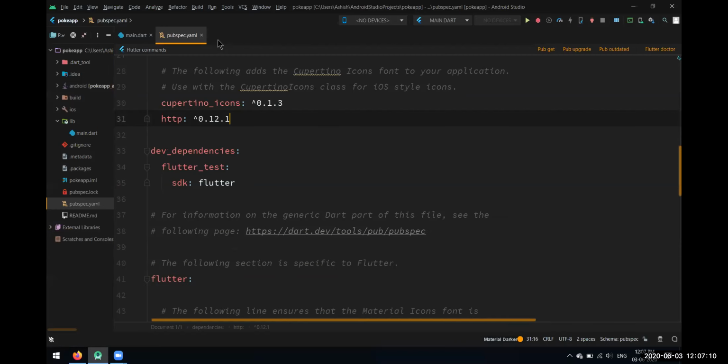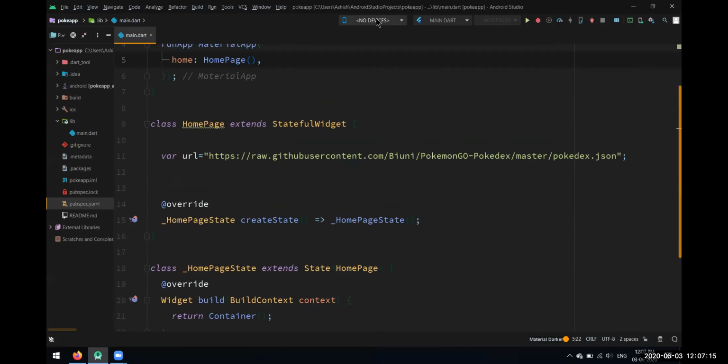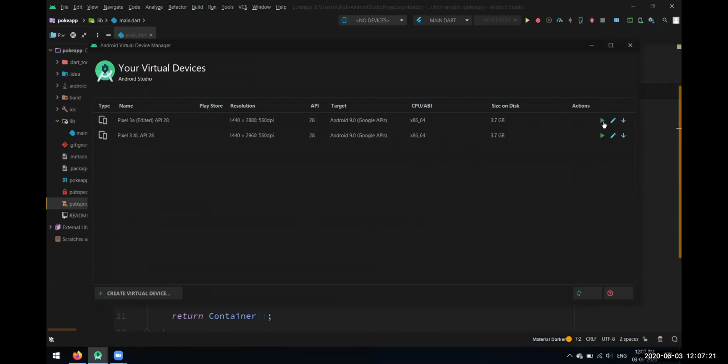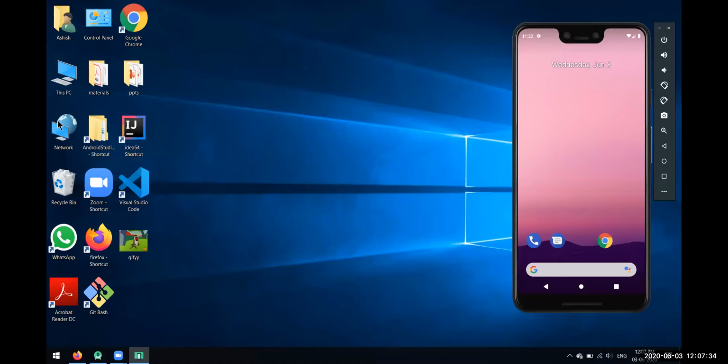I hope this much is clear to everyone. Let's open up our emulator and see what we are getting at this point. Use the Pixel 3 XL. The name of this project is Poke App. We'll just open up command prompt.